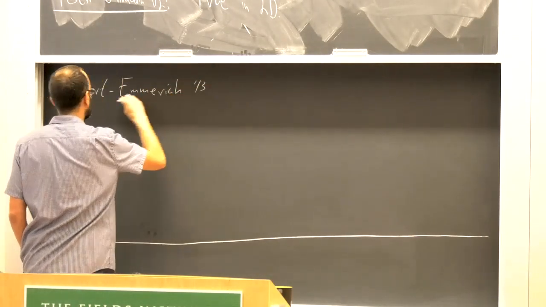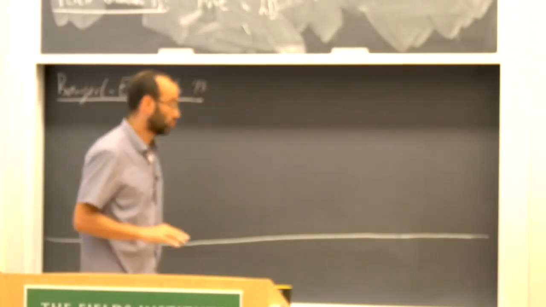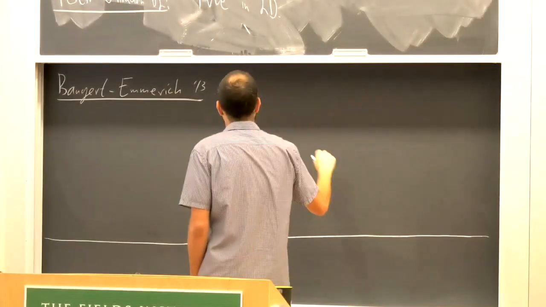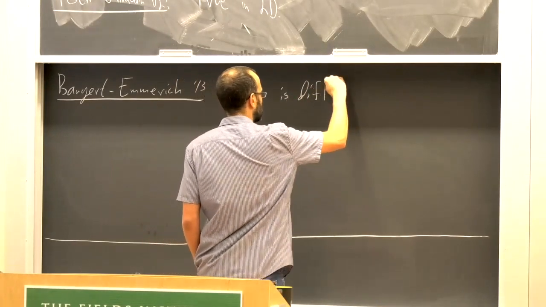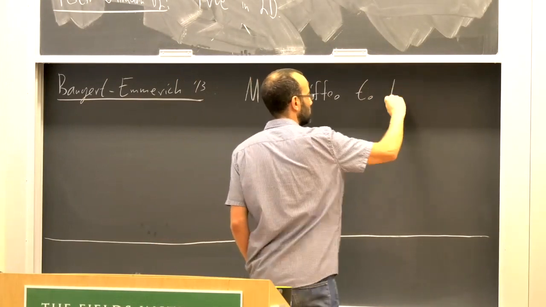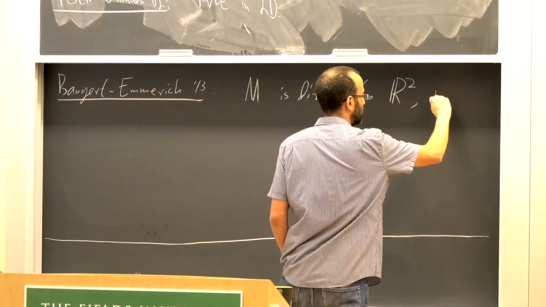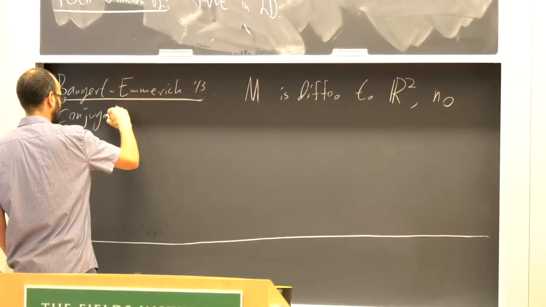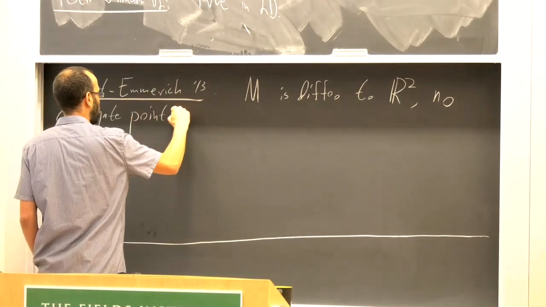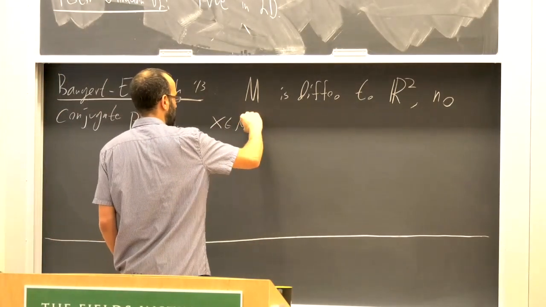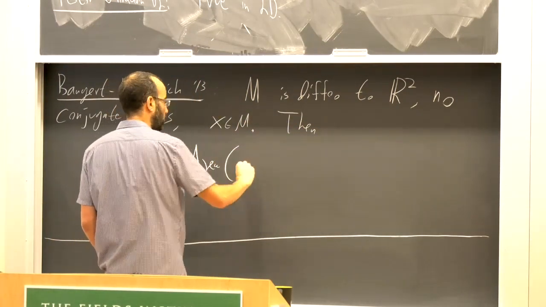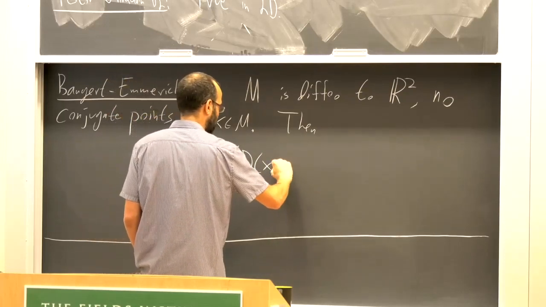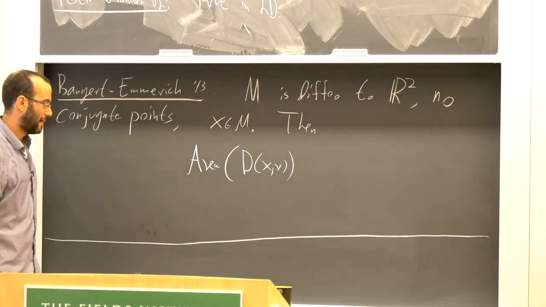Bangert and Emmerich in 13, they proved the following result, whose proof utilizes the Hopf technique. So suppose that M, first of all, is diffeomorphic to R2. Second, it has no conjugate points. Then let's pick some point X in M. Then if you look at the area of a disk of radius R around X,